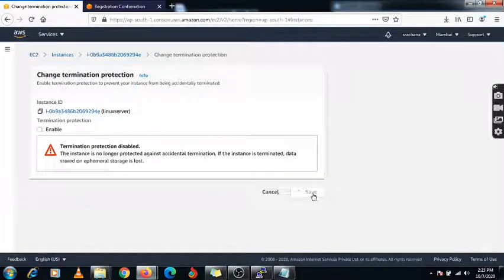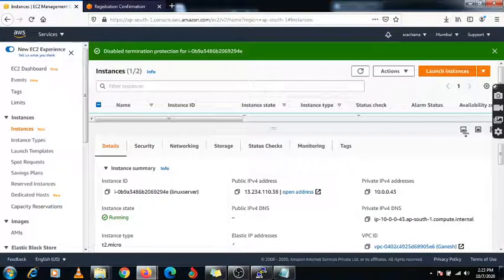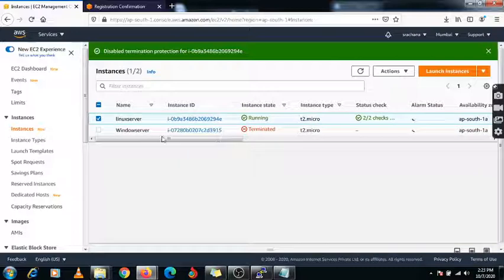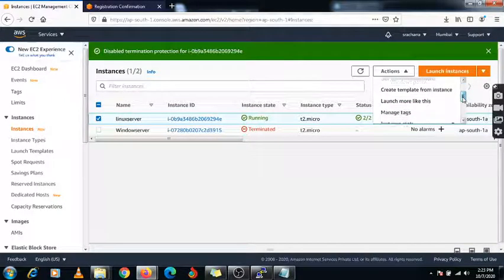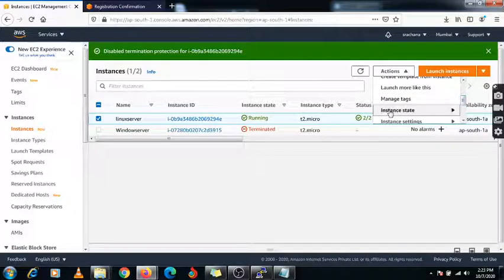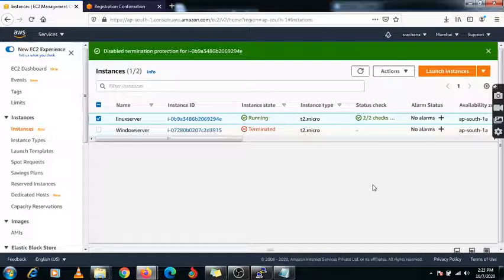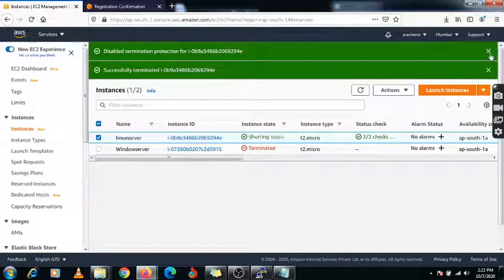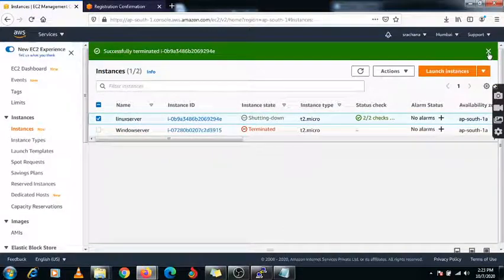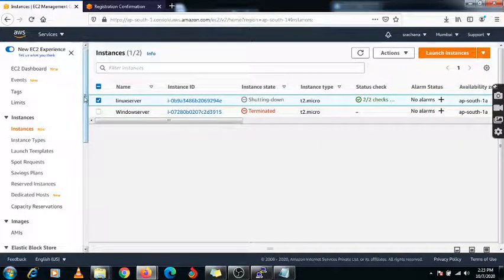This is the method you can follow while removing your instances. Now I am going to remove it under Instance state and terminate. Now it is running successfully, right? So now my machine is shutting down.